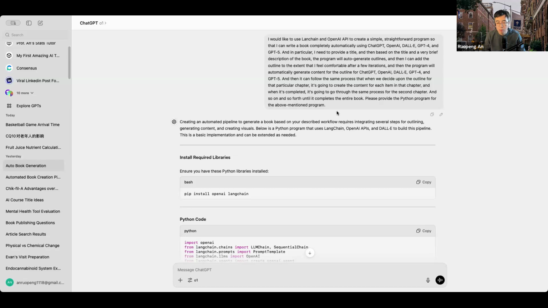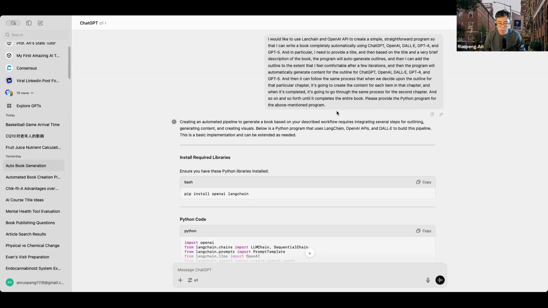the program will automatically generate an outline chapter by chapter, with the chapter names as well as a brief description of each chapter, so that the user can further revise. After the user is satisfied with the outline, including all the chapter names and their summary content, the program will dive into each chapter and, based on the chapter name and content, generate a chapter-specific outline for the user to revise.